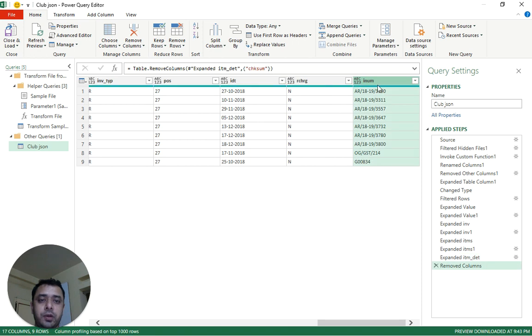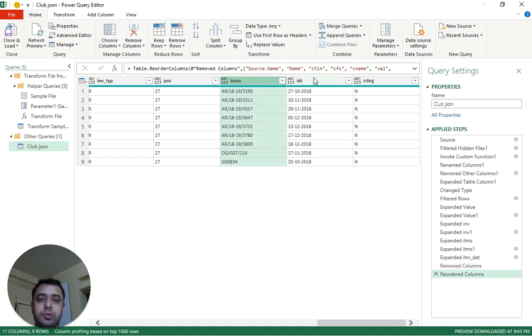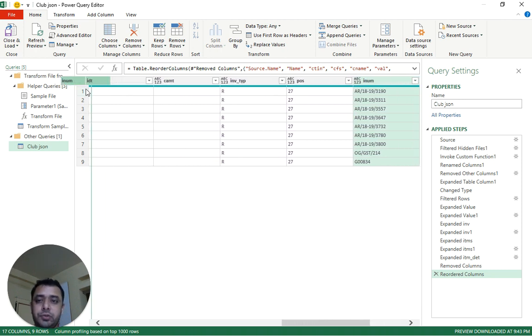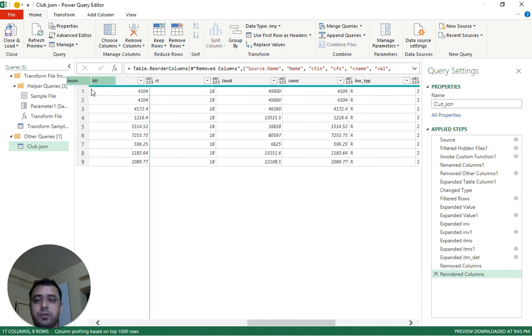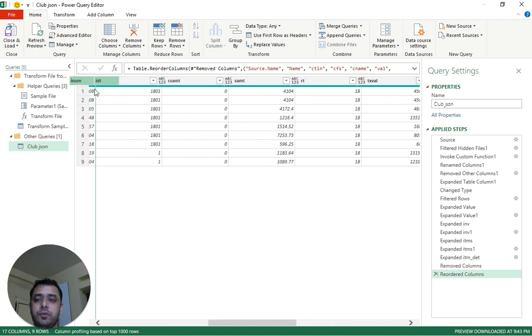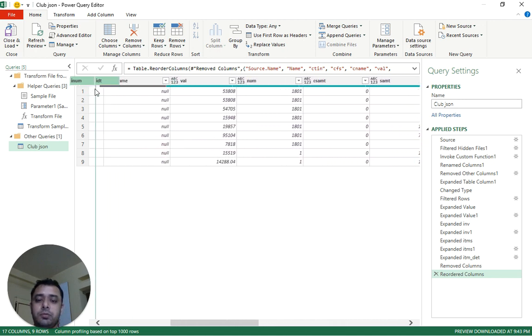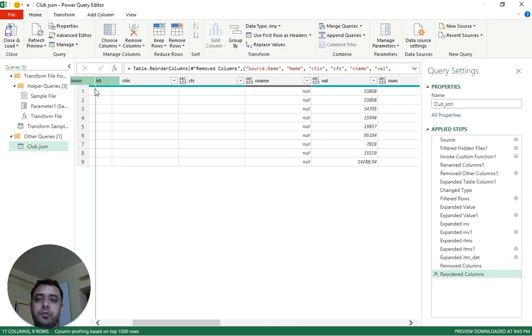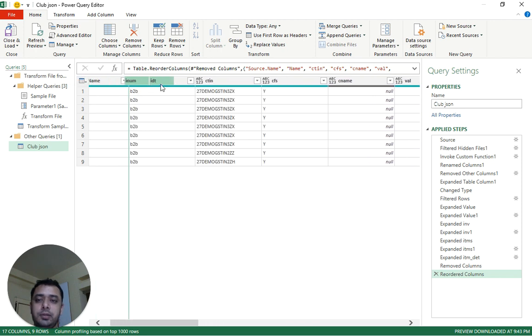Remove. This is my invoice number. This is invoice date. I am bringing these two closer and dragging them to the front of my tabular format for better view and analysis.